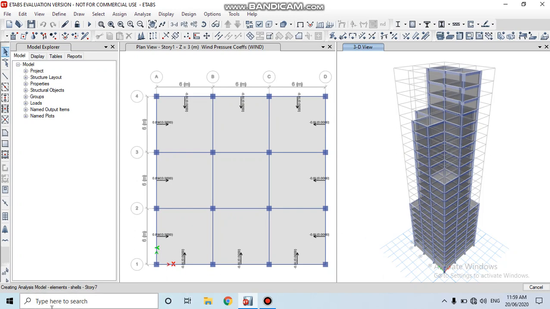Here we can see that the analysis is going on, creating the analysis model. Next, go to the design menu.